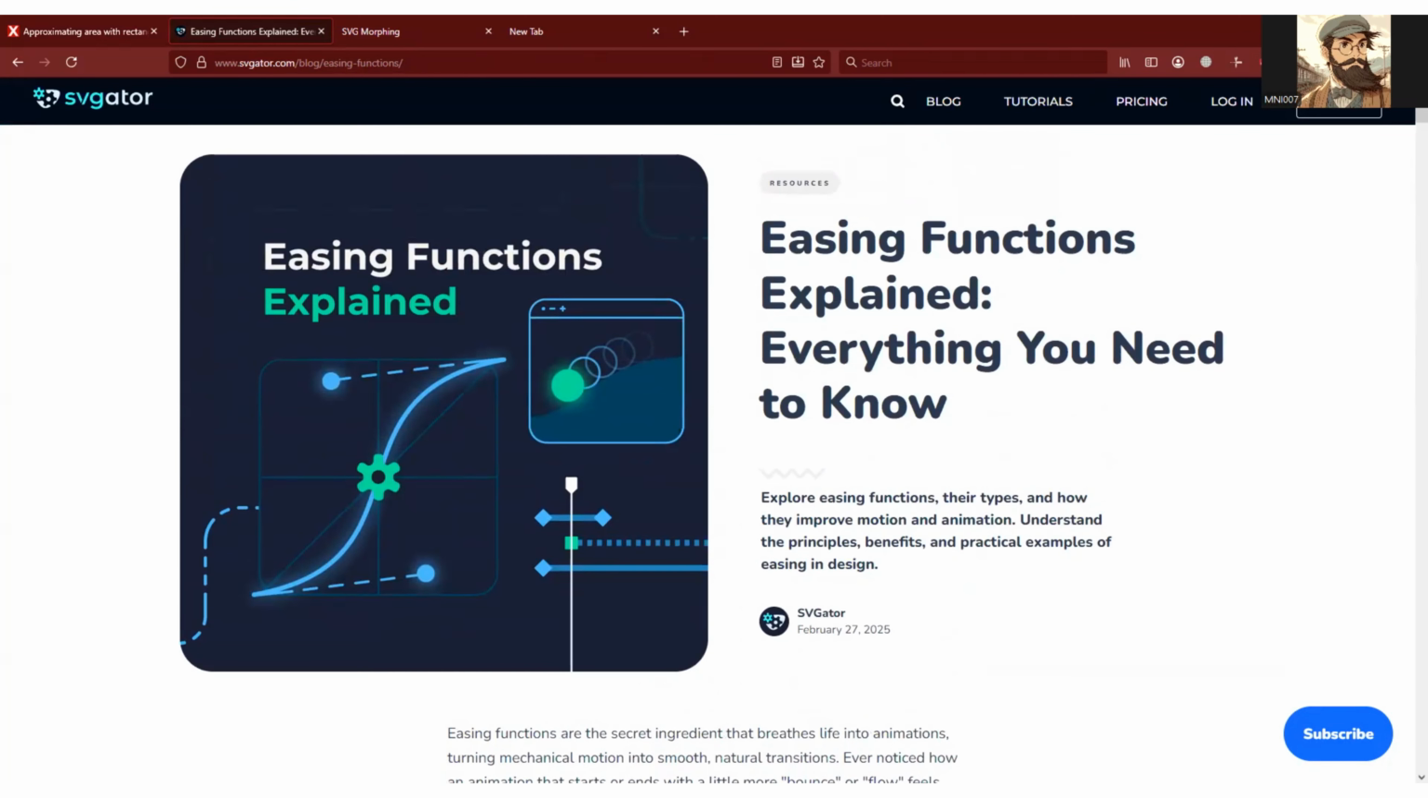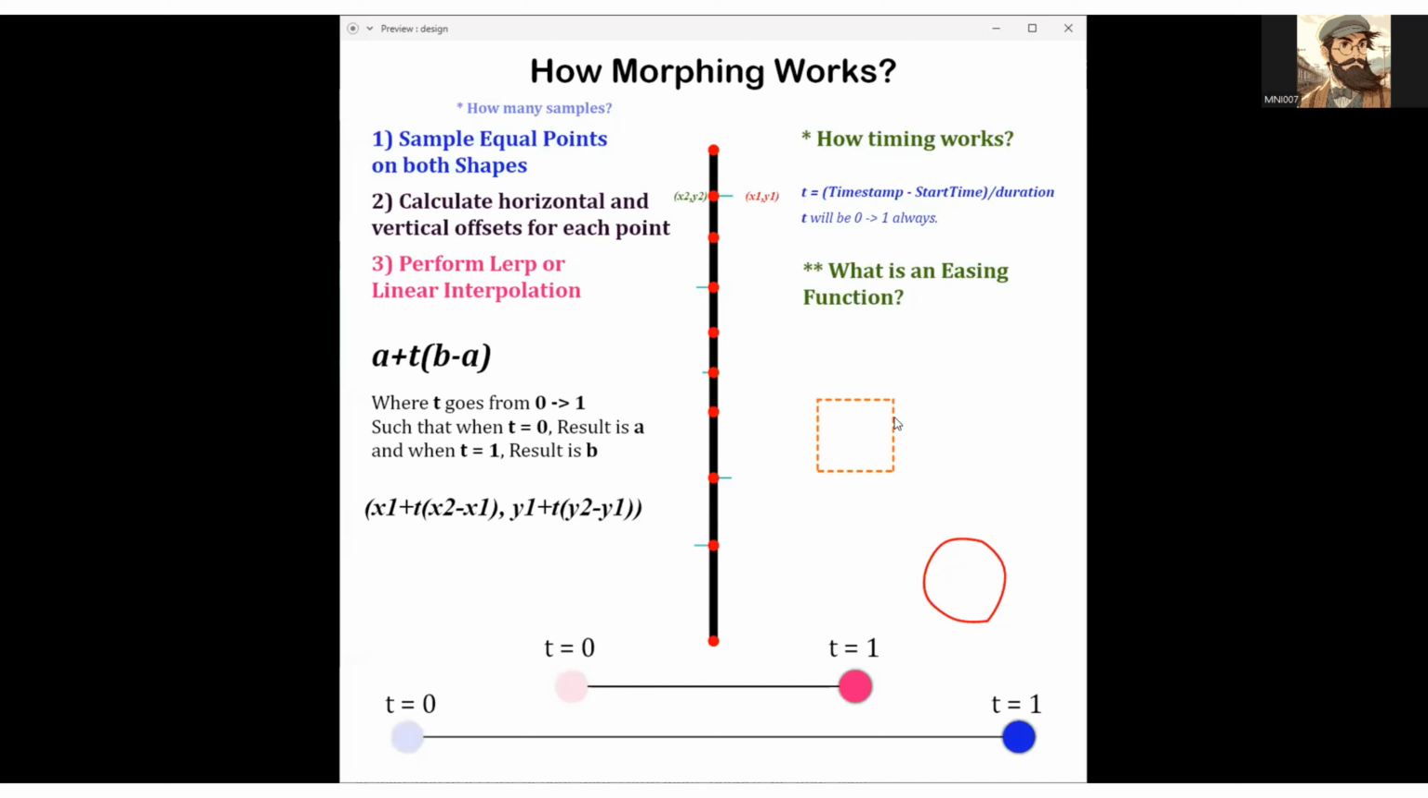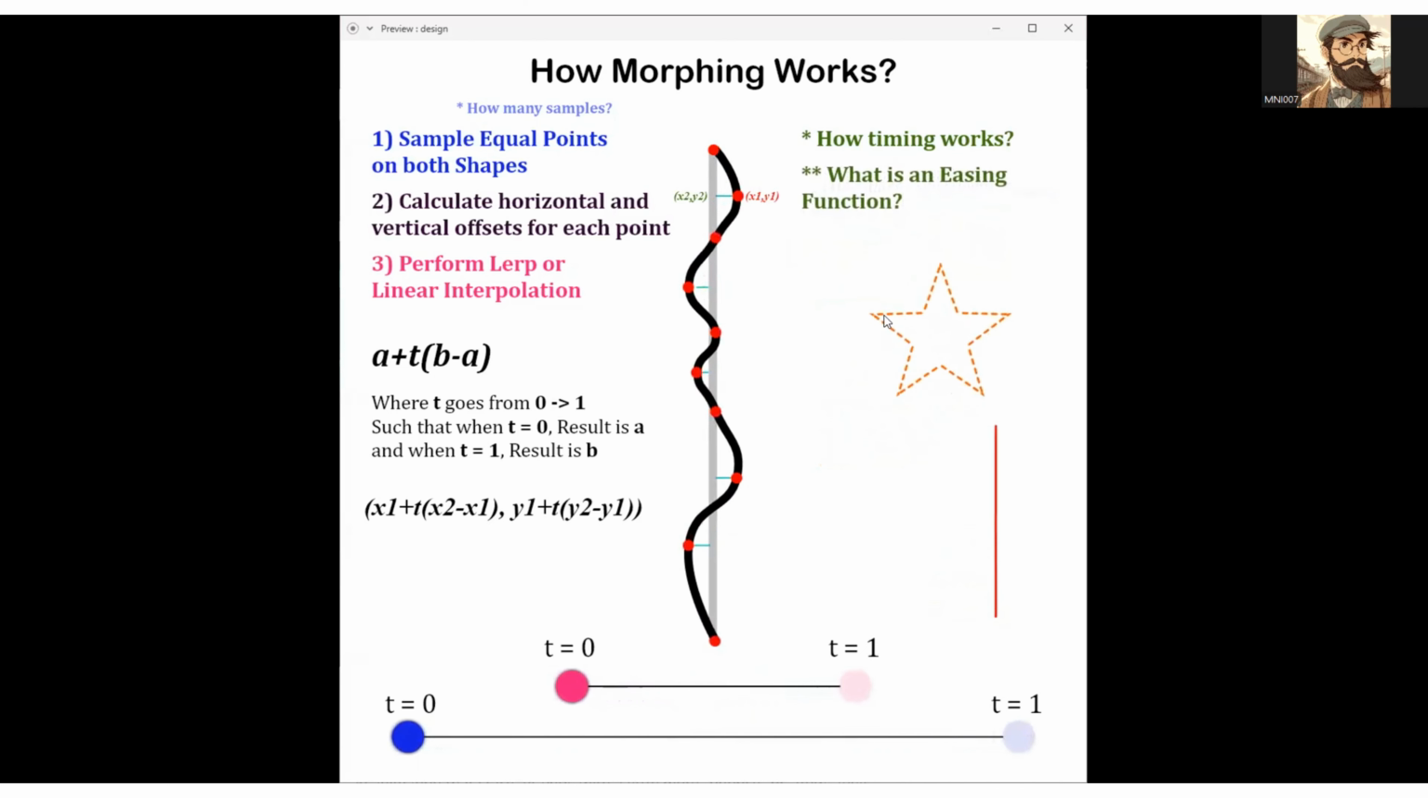So let's get back and see if there is anything left. By using these techniques, we can actually make wonderful things. For example, let's get back to the first frame. We can morph any shape into any shape. And also,